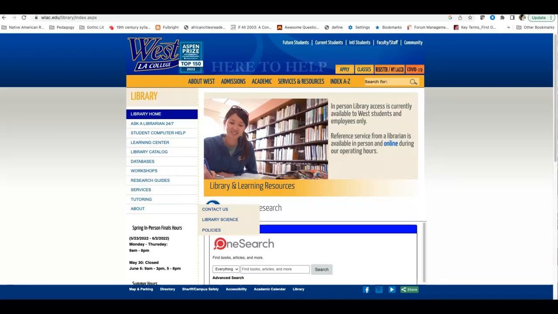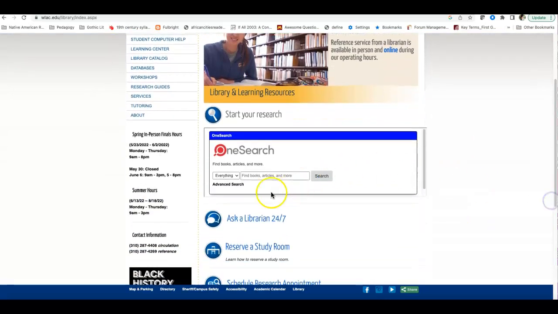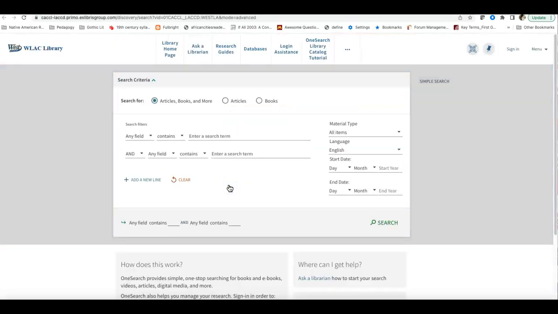This is Dr. Setka. I am modeling a library database search for secondary sources. So you can actually begin here at the one search. This will search multiple databases at once. So if you click on advanced search, when you are looking for